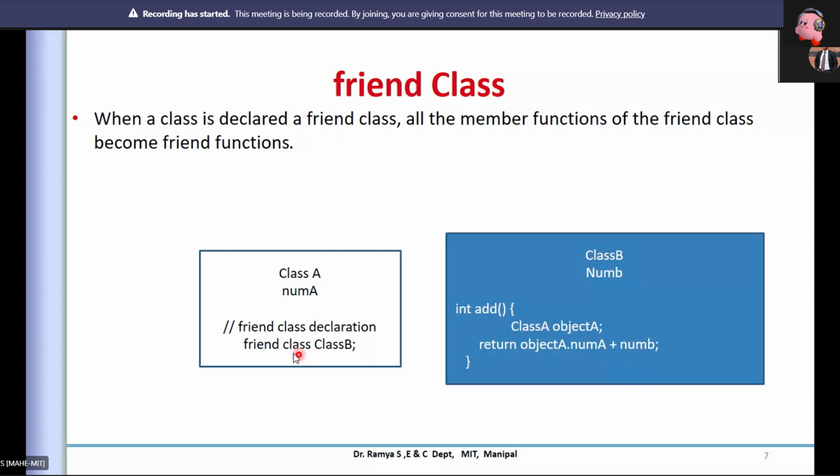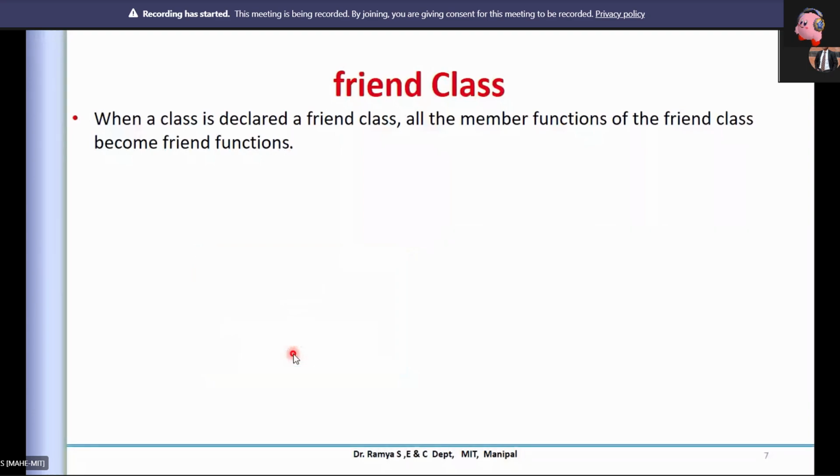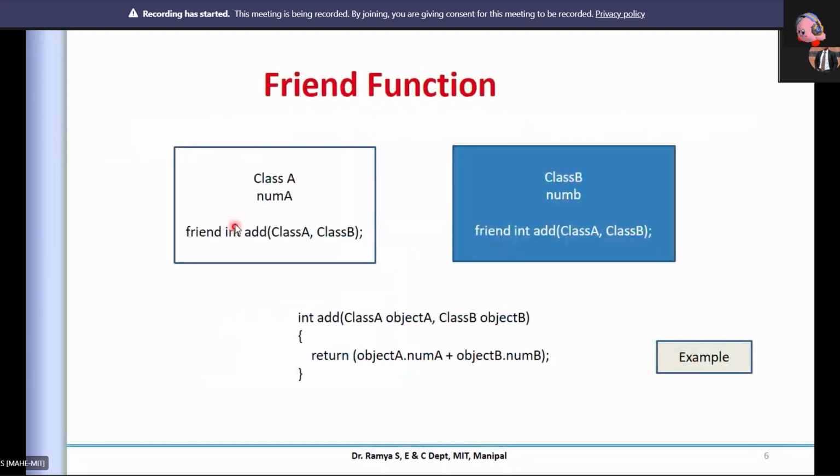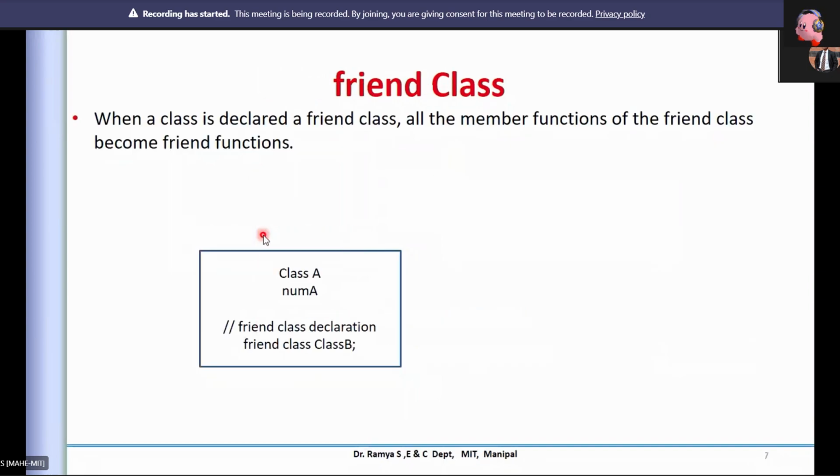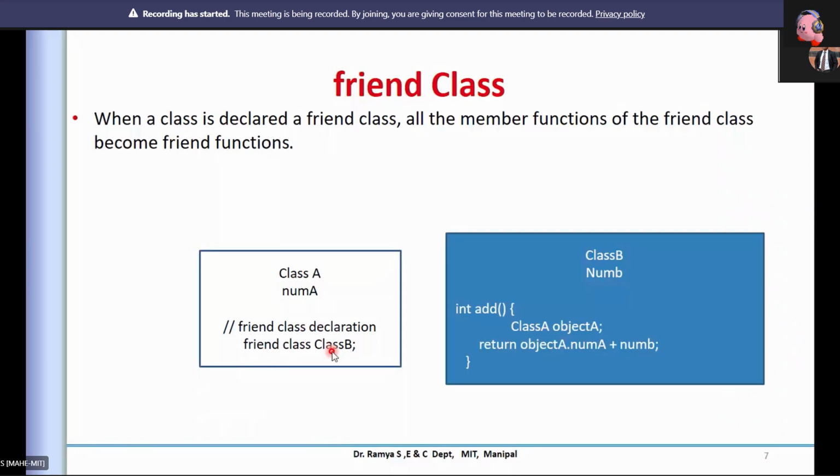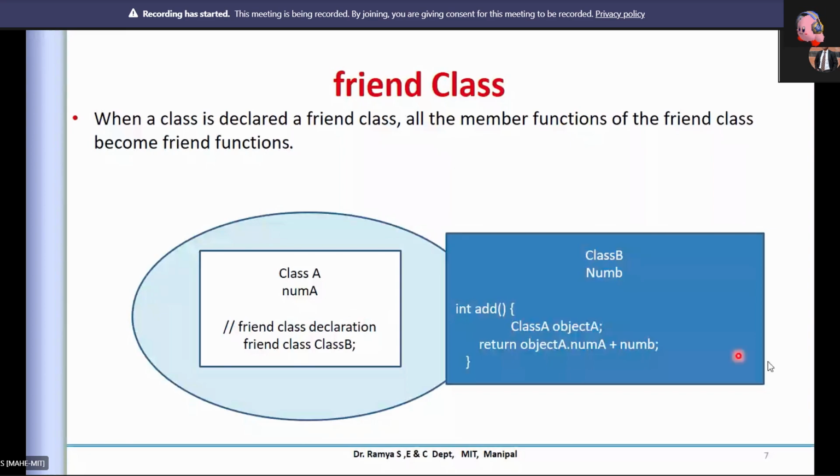In a friend function we have the return type and the function name, whereas in a friend class declaration you have the friend keyword followed by the class you want to declare. The advantage is that you can access the whole content of class A from class B.